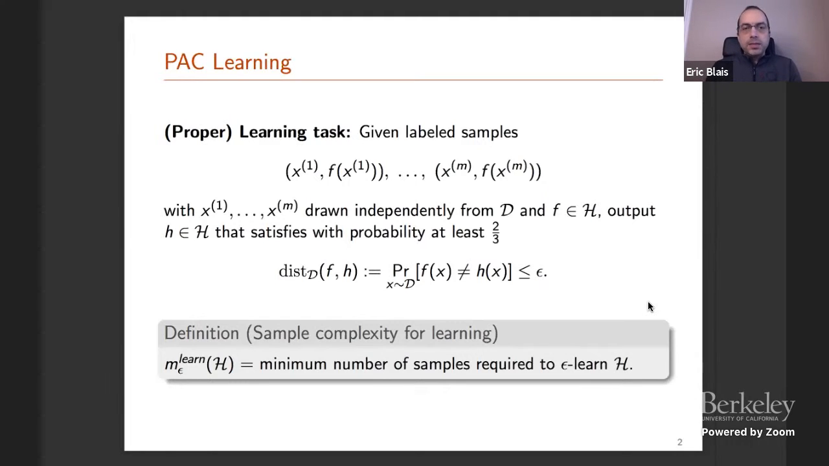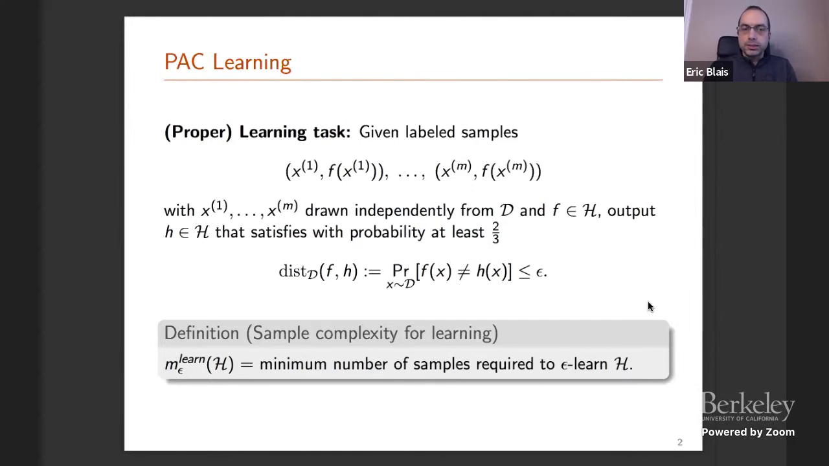For the PAC learning model, just for simplicity, I'm going to talk about the proper learning framework. And here there are two things that are important. There's a distribution D on the domain of some unknown function f. And you get samples x1, x2, all the way to xm from this distribution. For each of those samples, you also get to see the label, the value of f on this input. You don't know f, all you know is that it comes from some class H of functions. And what you want to do is output a function that's close to f, so distance at most epsilon from it,